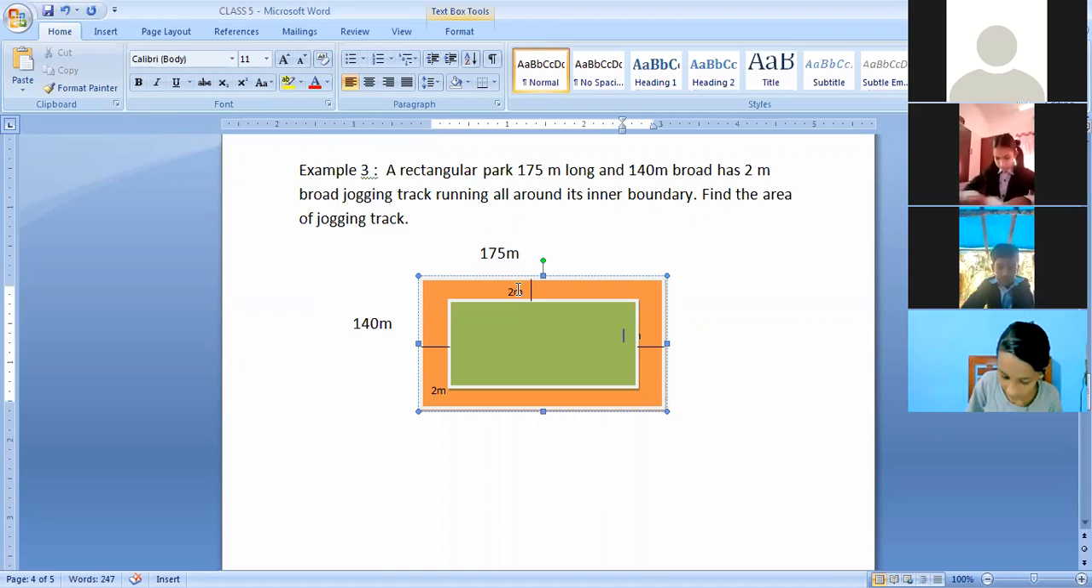Okay, so to find what we have to find here, we don't want to find the area of the park or something. We were asked to find the area of the jogging track, not the